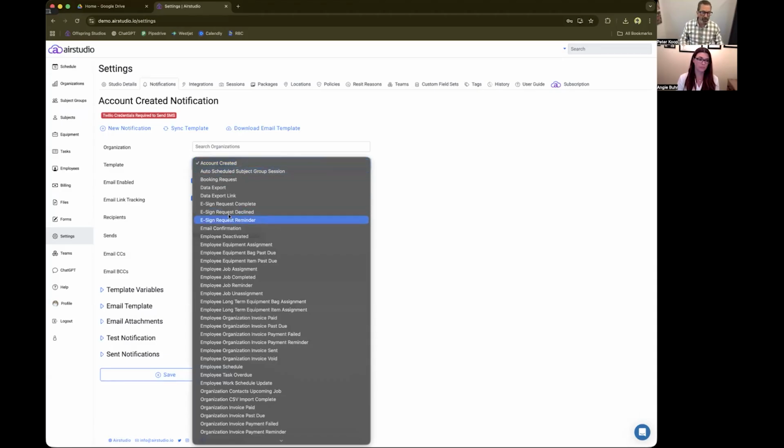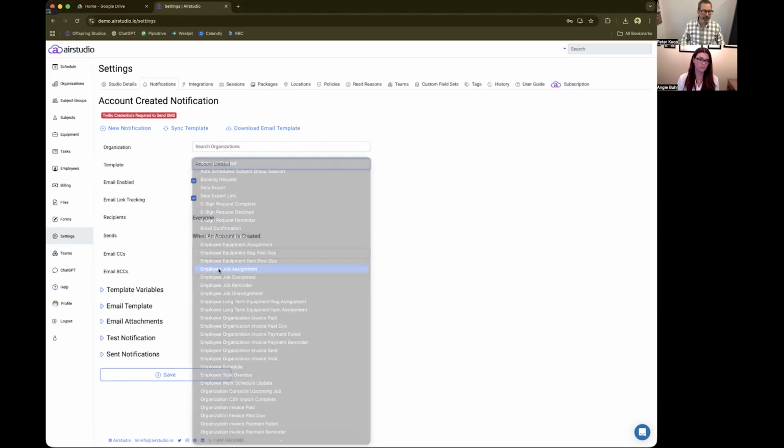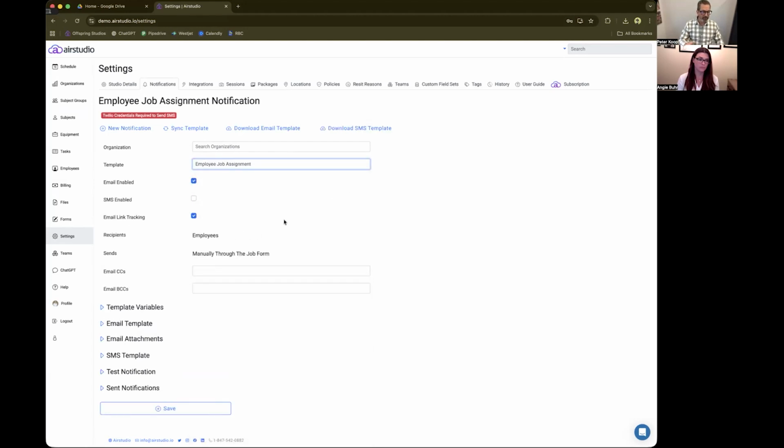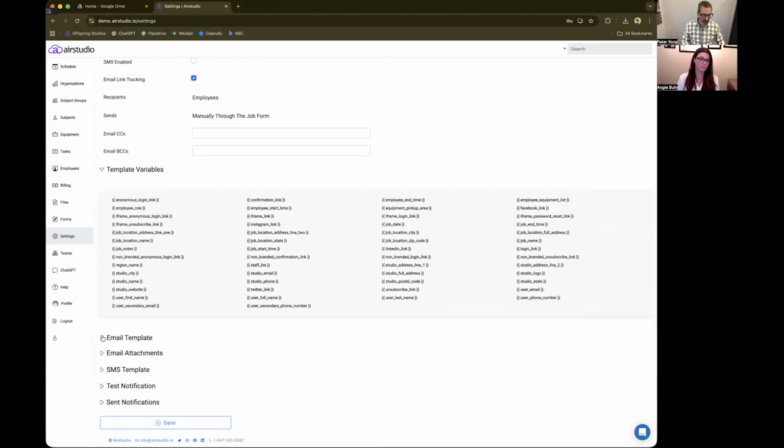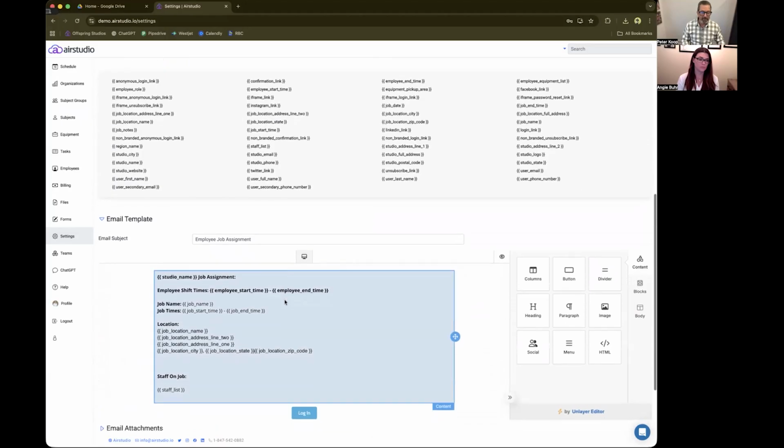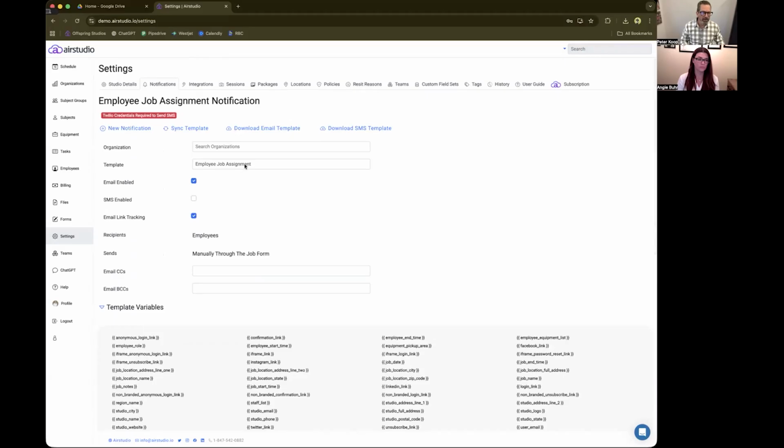So inside the tool here, you can see where you've got all the different components of what you have. So here's an employee job assignment. How is it being sent? Is it SMS? Is it being sent manually or getting automatic? You've got all the different variables within a template that you can add or change. And then you've got the email template itself. This one's pretty plain because this one's an internal job assignment one, but let's go take a look at something